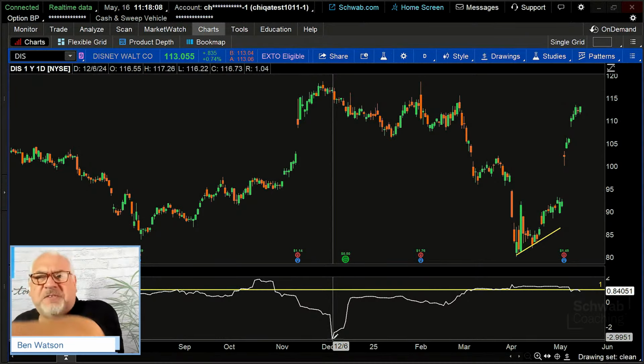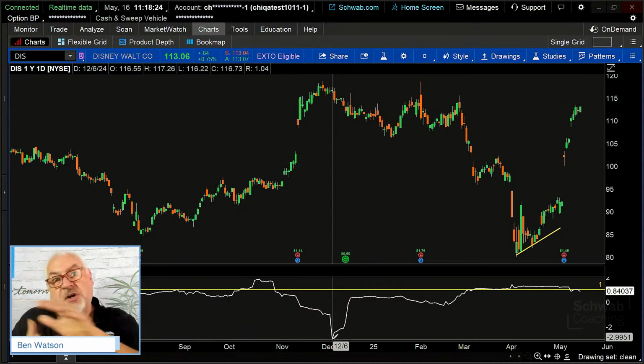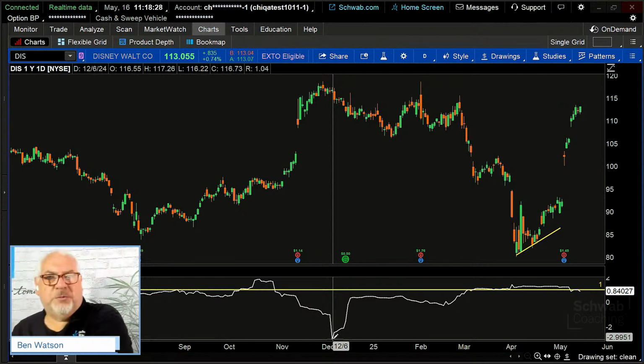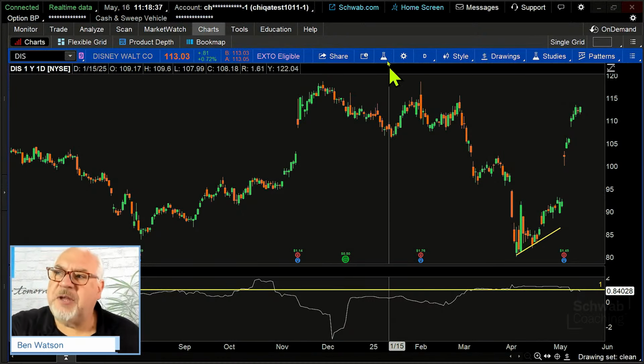It made a huge move to the upside. Well, that tells us something, right? That relationship tells us now that maybe something was going on with the market that Disney wasn't seeing, or Disney was moving in opposition to. So if the market was moving down and Disney were moving up, that kind of gives us that anti-volatility perspective.